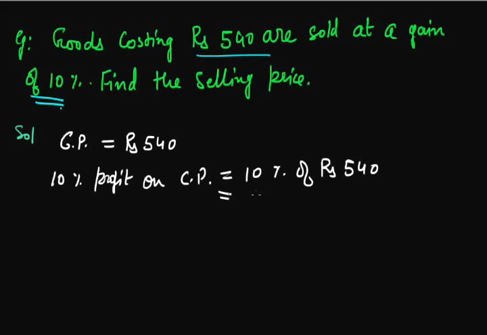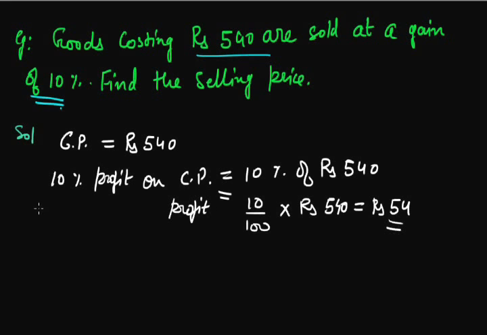It will be equal to 10 upon 100 into rupees 540, and it will be equal to rupees 54. Now we are having a gain, that is profit, of rupees 54. So the selling price will be,